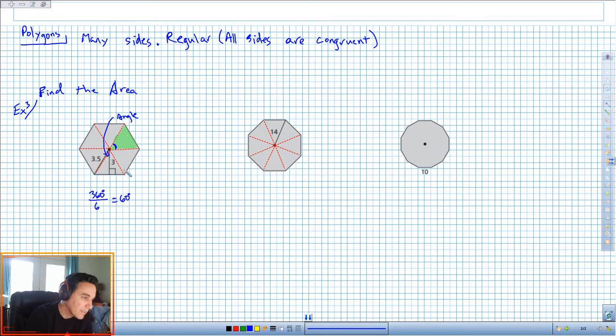So that tells us that each of these triangles has an angle of 60 degrees. 60 degrees in a hexagon. 60 degrees, right? If I go around, they're all 60 in a hexagon. Now, they drew in